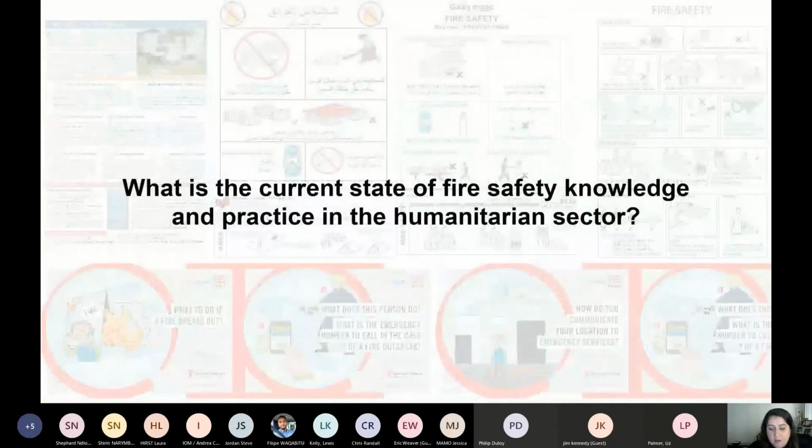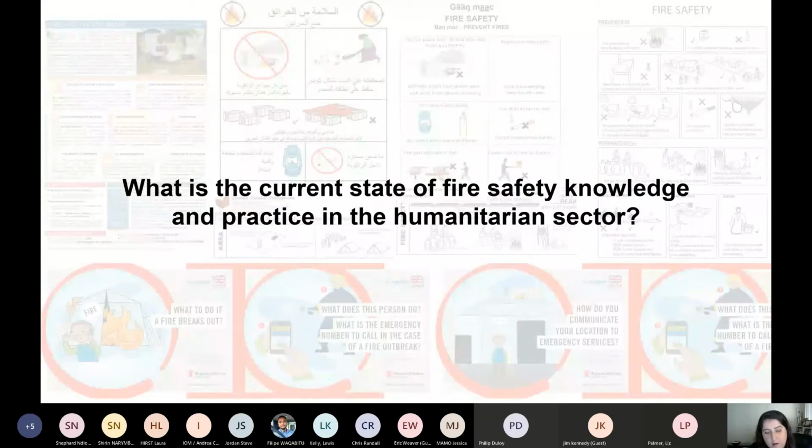But in general, what is the current state of fire safety knowledge and practice in the humanitarian sector? The truth is we don't really know. Coordinated efforts have not been made to collect lessons from past fires and learning from context-specific fire safety programming. There's a need to gather evidence and insights to describe the current state of fire safety in the humanitarian sector so we can learn from what has been done in the past and identify gaps and opportunities to improve fire